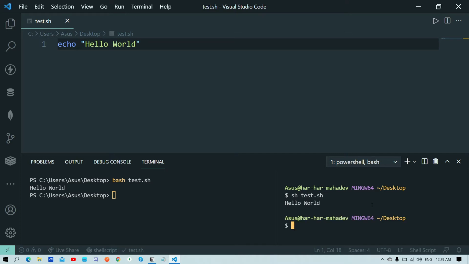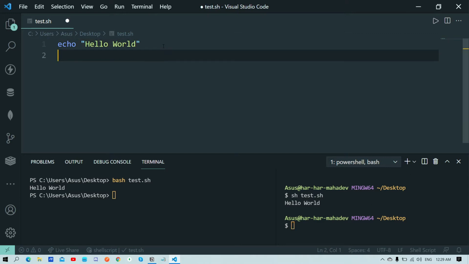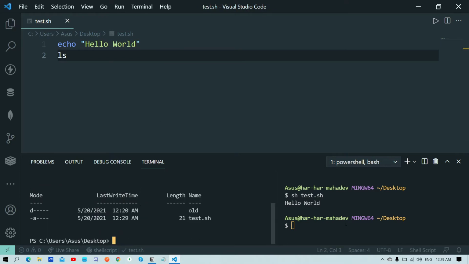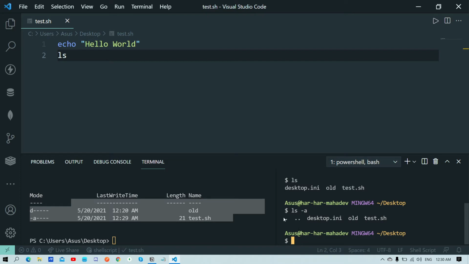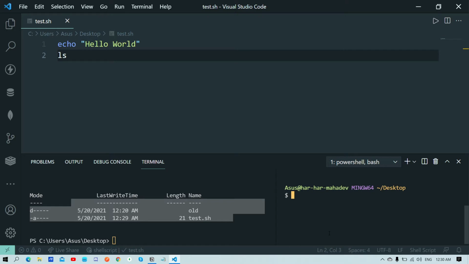This is just a hello world program, and there are simple files. If I hit ls, it means list. So you can directly hit ls here as well and ls here as well. In Windows we generally use the dir command to see the list of files in a directory, and ls also lists. If you want to see the hidden files, we generally use ls -a, so it will display the hidden files as well. There are lots of commands with ls with lots of attributes, but these are the basic things that we have to know.